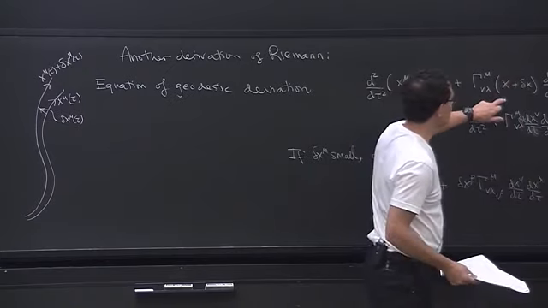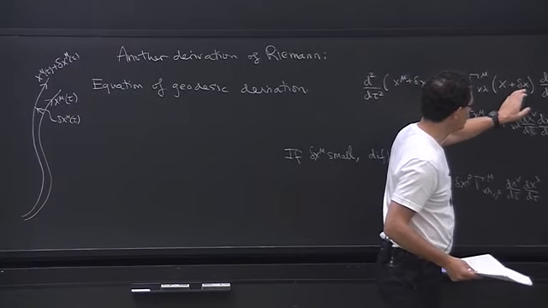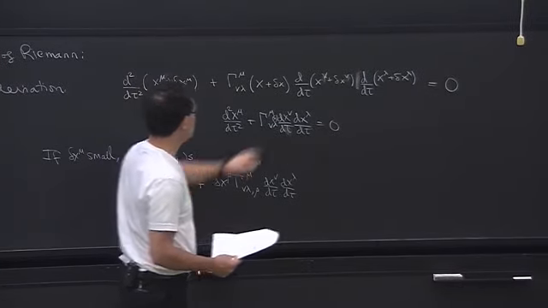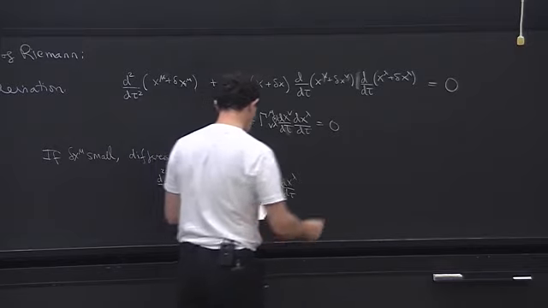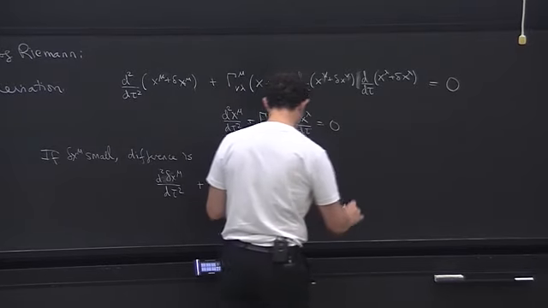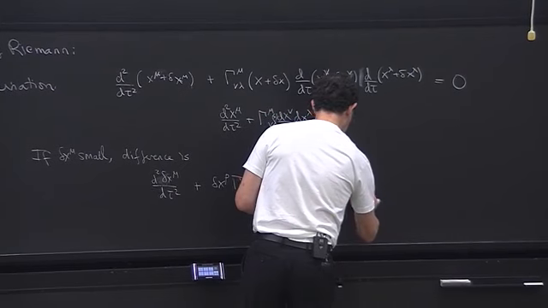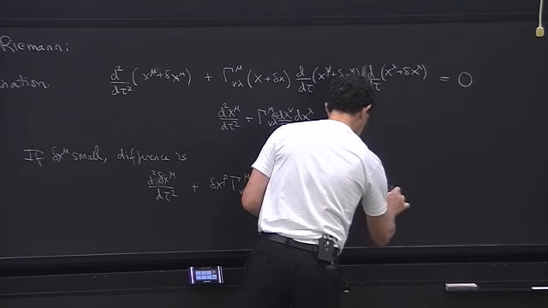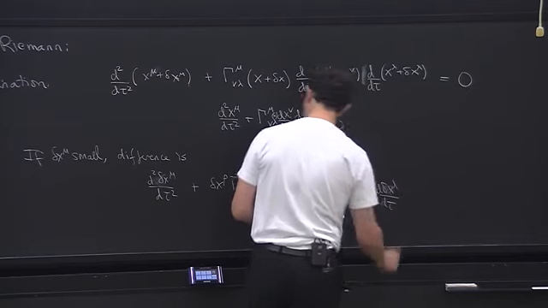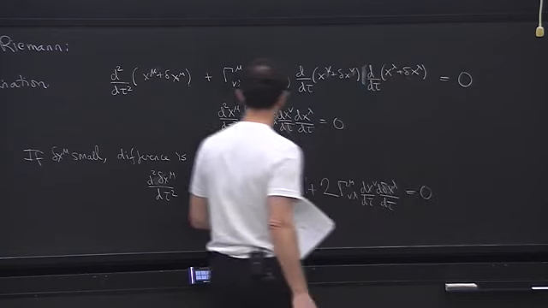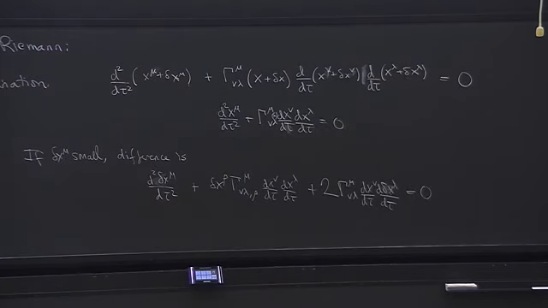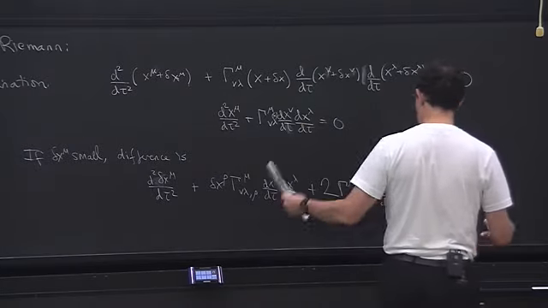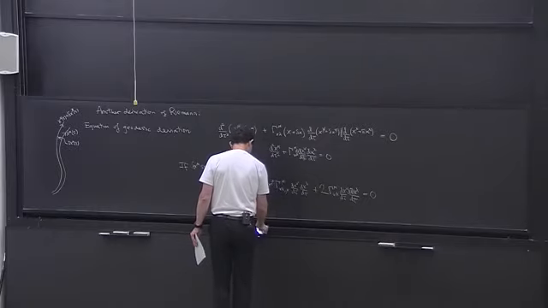Okay, so that's from differencing this term where I took to first order in delta x, and I subtracted this term. And then I have these terms too. So I have plus twice, two of them, gamma mu nu lambda dx nu d tau d delta x lambda d tau. Okay, equals 0. So that's the equation for the geodesic deviation. It's a correct equation, but it's a bit of an ugly equation